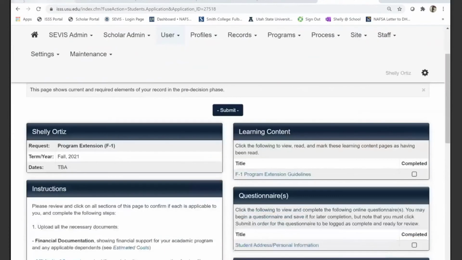Got it. I completed all of the forms and I hit submit at the top of the page. Now what happens? The immigration advisors will see the request in their queue once you have submitted the form. Allow us 3 to 5 business days for your primary immigration advisor to process the request. They will reach out to you if they have any questions. Once the immigration advisor has completed the request, you will receive an automatic notification from the system. We also tend to reach out and let you know that that is complete.